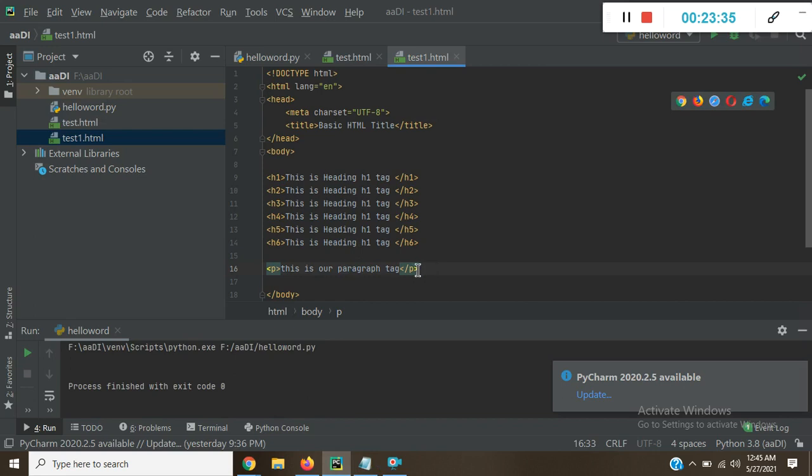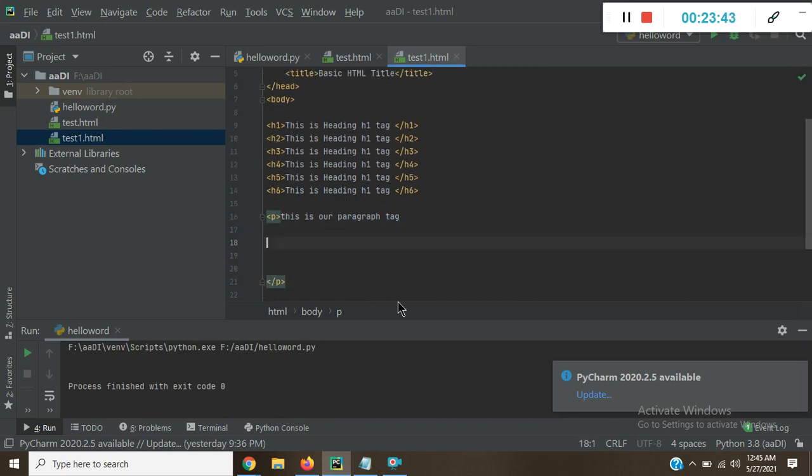Suppose I am putting this paragraph, and line 1, line 2, line 3, line 4.